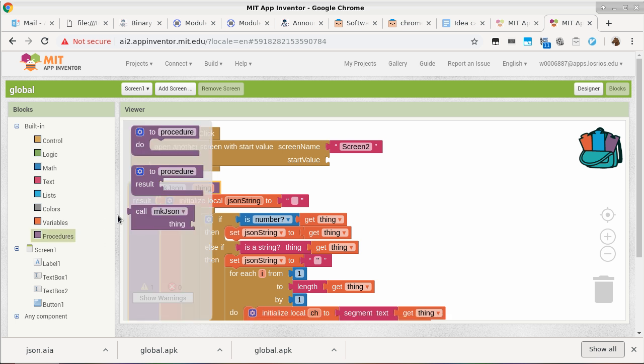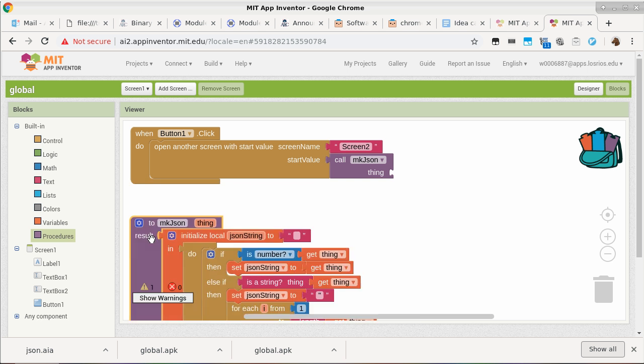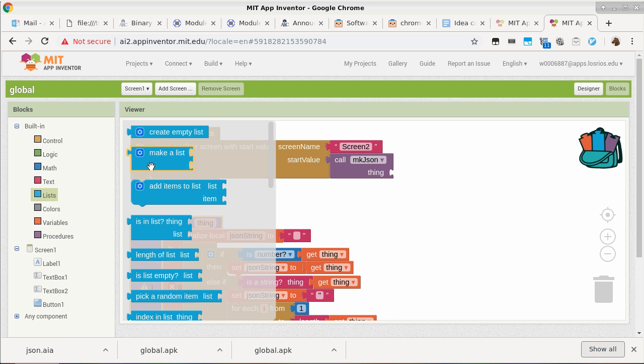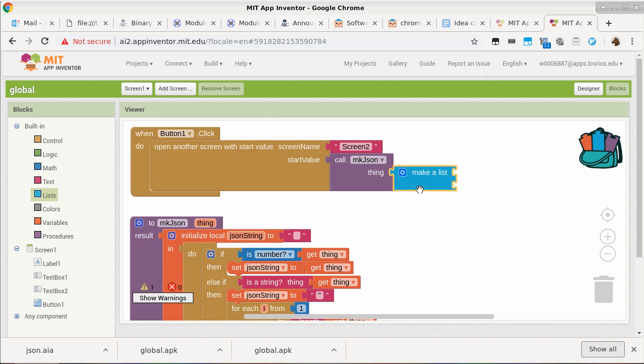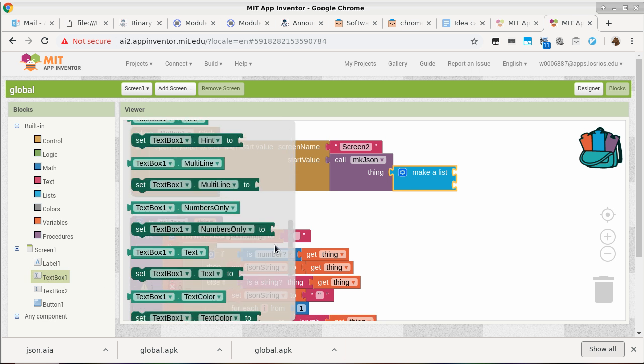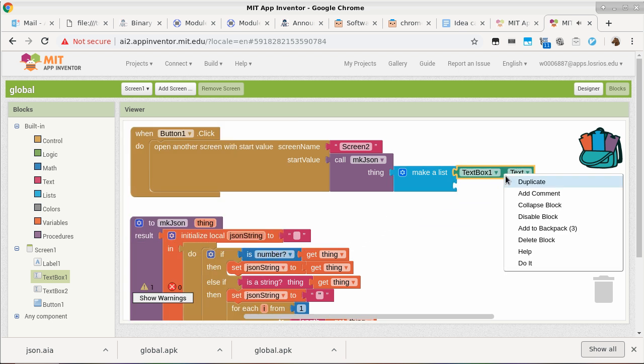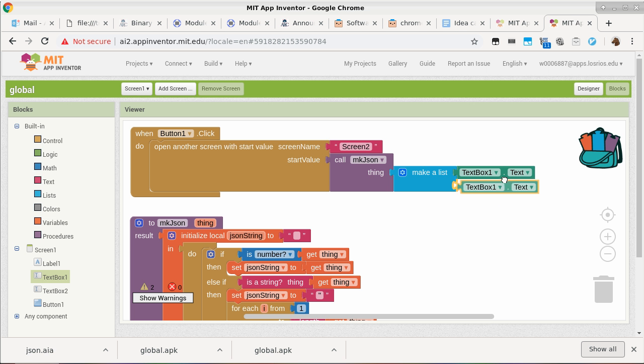Yeah. Okay. So now that we have make JSON, we'll use make JSON here, and we'll keep it simple today. Okay. So what we'll do is we'll keep it simple, which basically means we are not using key value pairs. We're just gonna make a list of 2 items, where the first item is the text of text box 1, and the second item is the text of text box 2. So that's relatively easy to do, because once you have this block, you can change from which object.